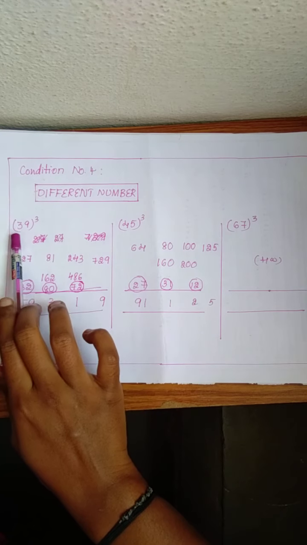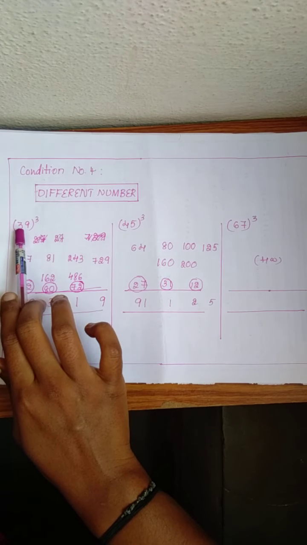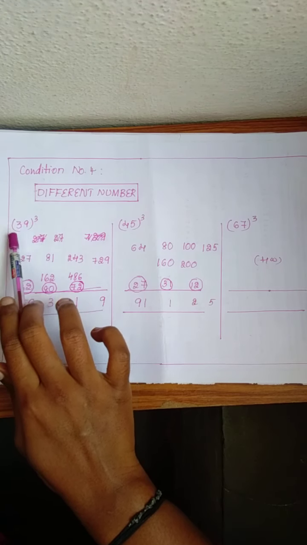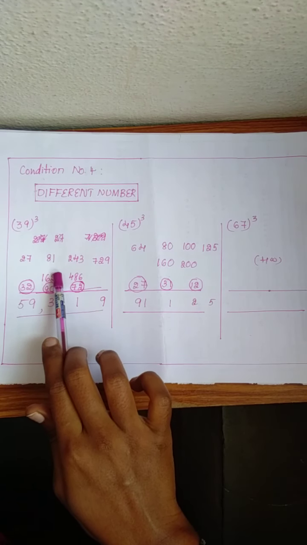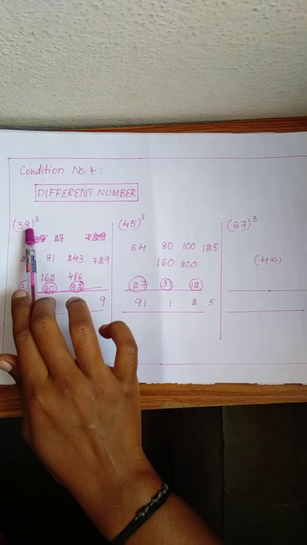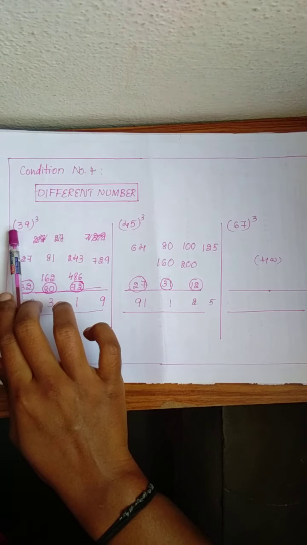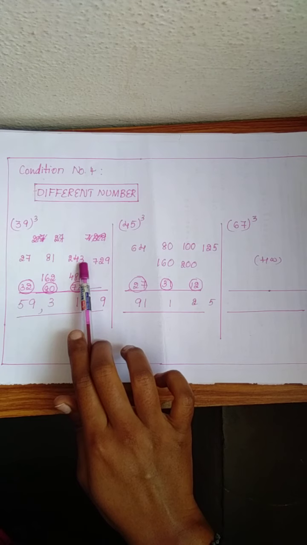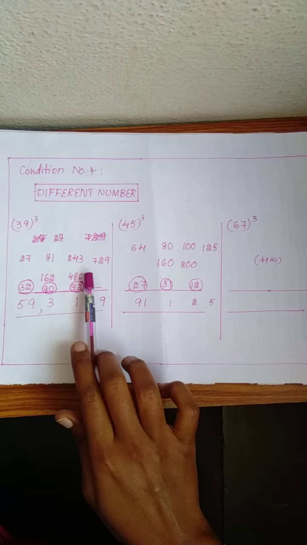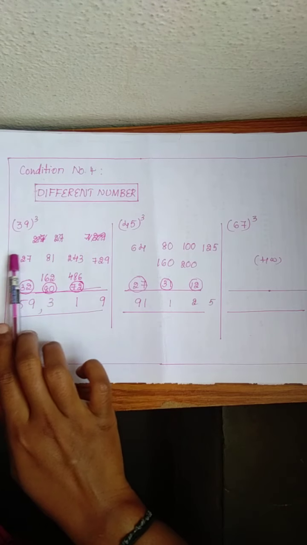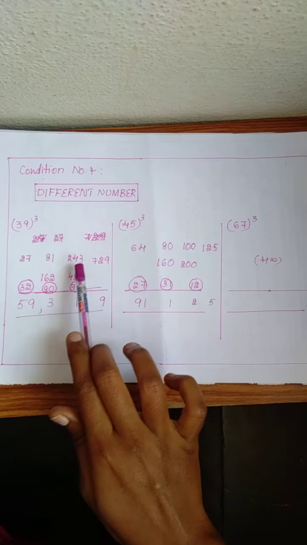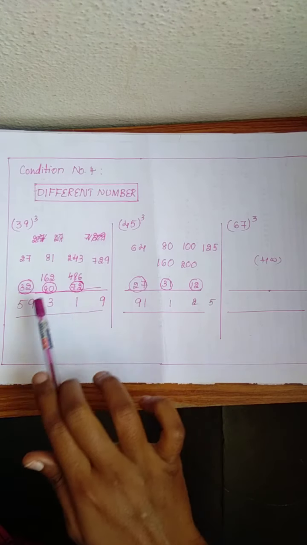And then go to 3 square, 9, multiply with this second digit 9: 9 9s are 81. After that, in the 3rd place, 9 square is 81, 81 3s are 243. This is somewhat difficult, but understand well, do practice, you will do it easily. And then leave the first, leave the last, double the middle 2 digits: 81 2s are 162, 243 2s are 486. Simple addition.